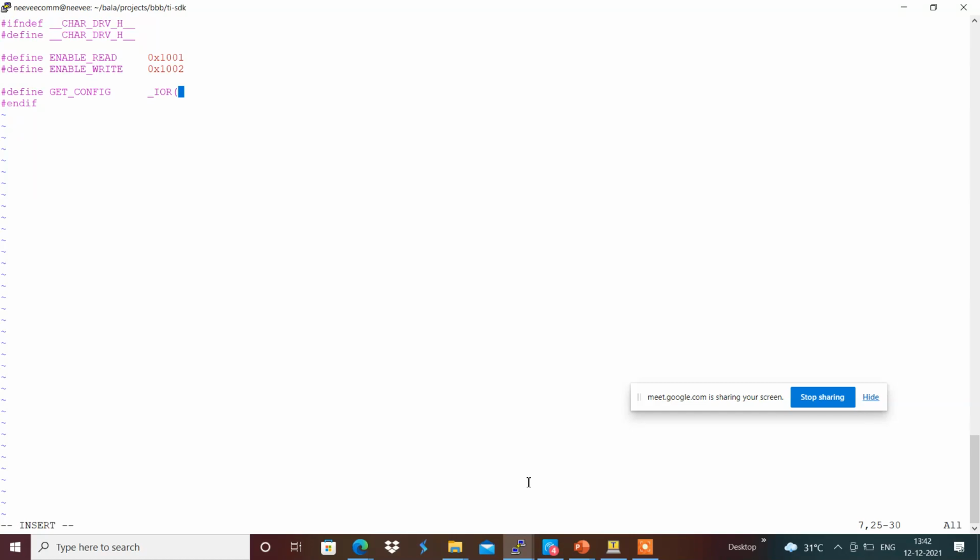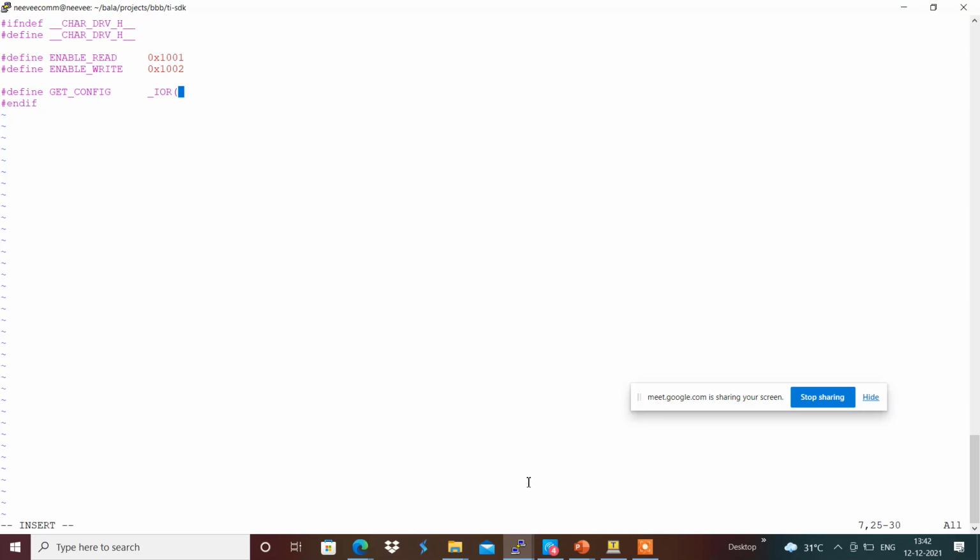We will be having a value, where we can provide any character as a number.